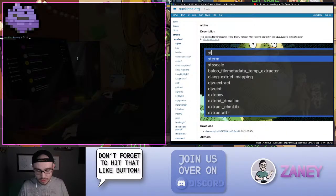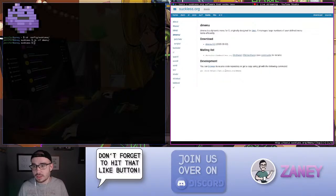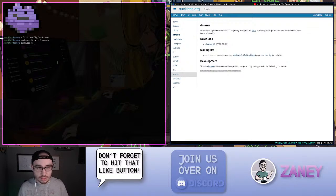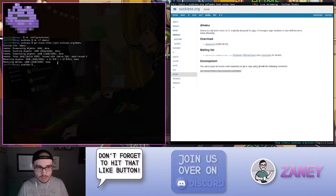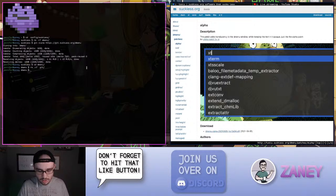cd into .config/suckless, and we're going to do something radical here. Completely remove dmenu. I want it gone. And then let's git clone it, cd into dmenu and rm -rf .git, and then go down here, dmenu patches,